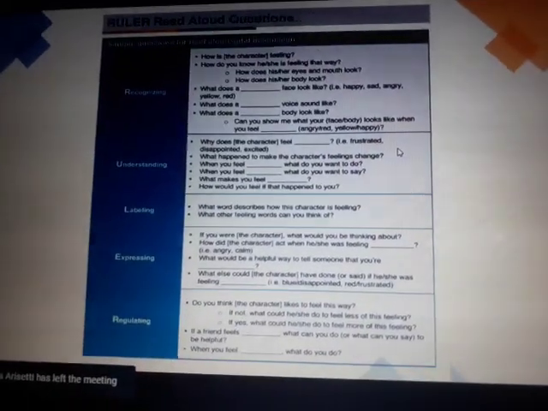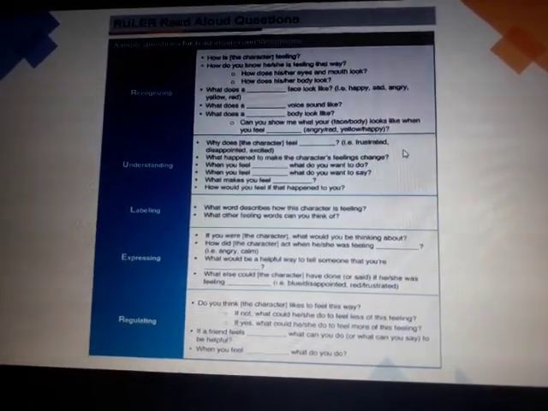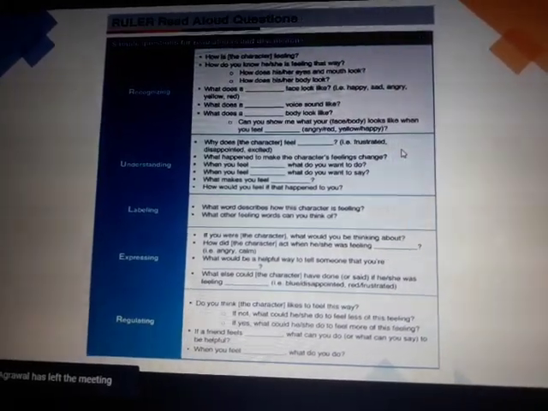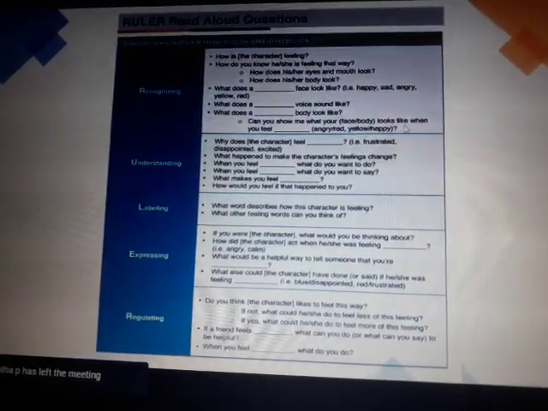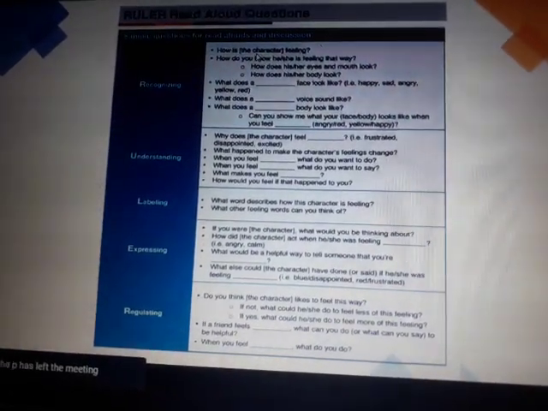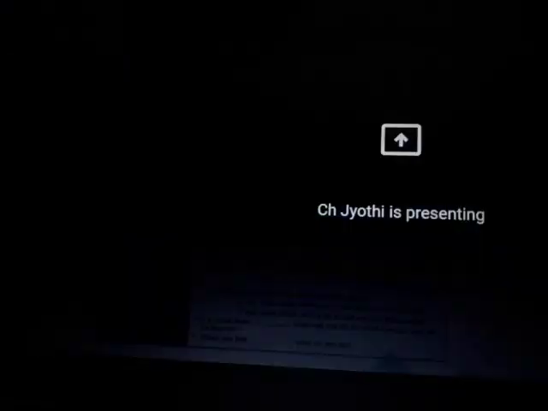So, when we look at RULER, some of the questions that we can ask. In recognizing a particular emotion, we can ask, how are you feeling? And how do you know that you're feeling in that way? So how does your body look? When we are angry, our face looks flushed. Our mouth looks compressed. For understanding an emotion,